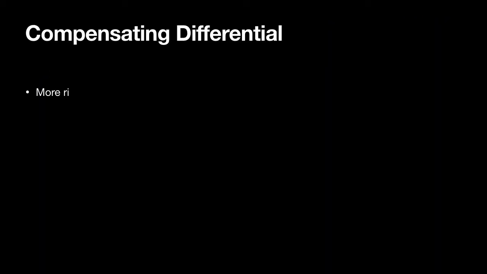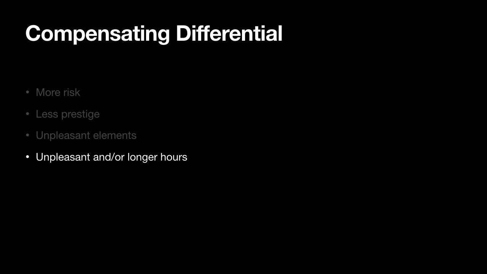So when we look at compensating differentials, take jobs with more risk. Very few people are willing to take these, therefore they would be more in the teal supply curve. These are jobs that put people at risk, where their lives are in danger, even within the elements. Jobs with less prestige: if you want me to take a job that people look down on, they're going to have to compensate me, holding skills constant. Unpleasant elements, like being out in the cold or having to move to a really remote area. Unpleasant and longer hours: people who are willing to work more than 12, 15 hours.